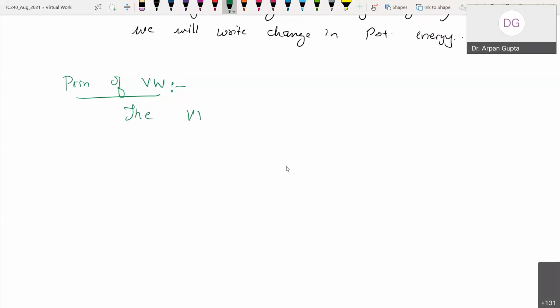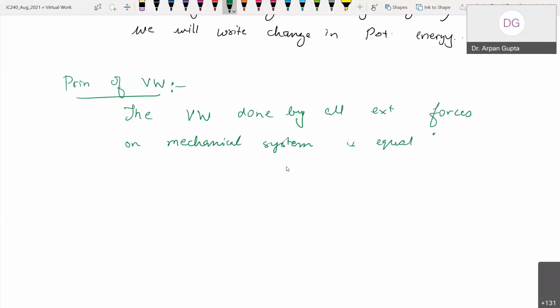The virtual work done by all external forces on a mechanical system in equilibrium